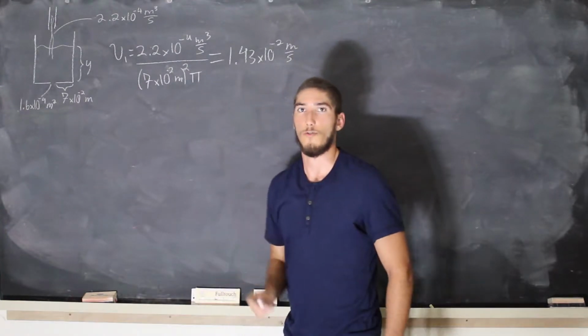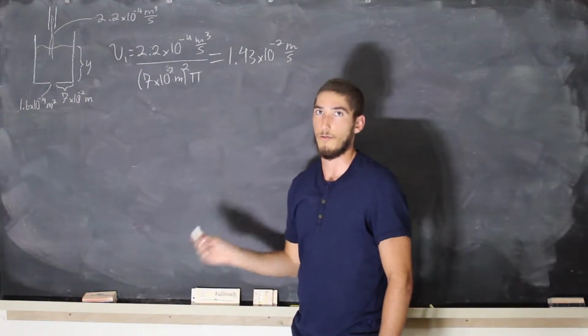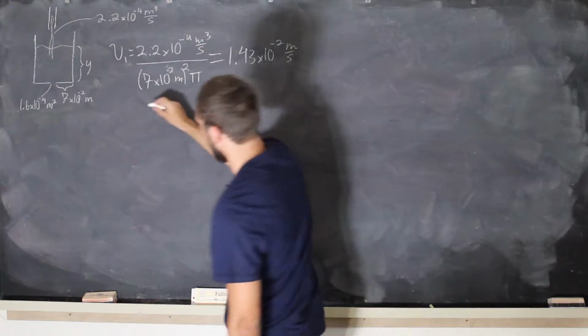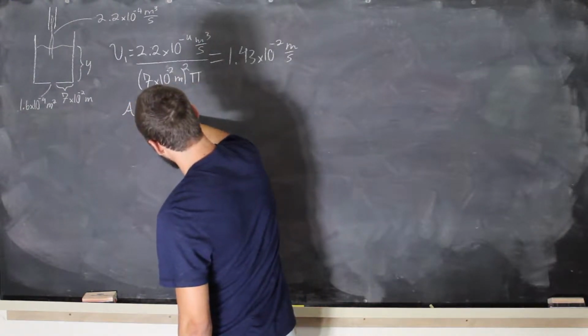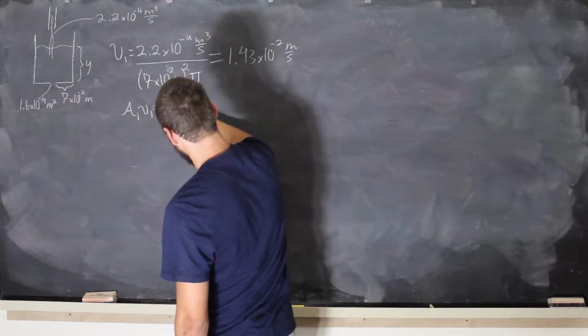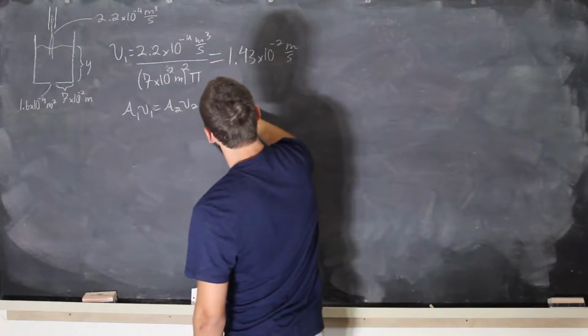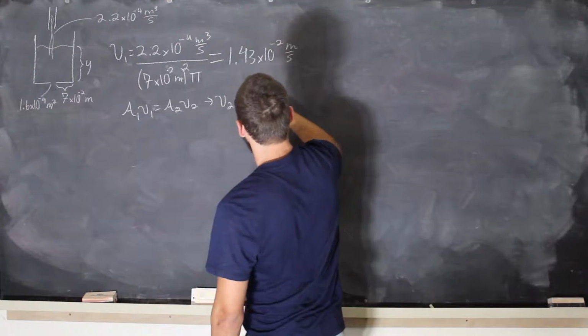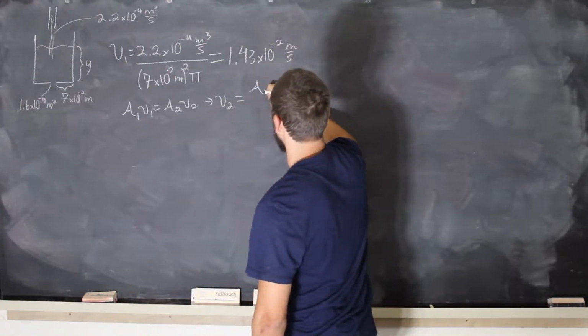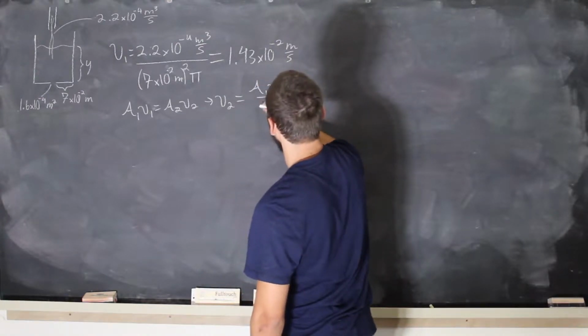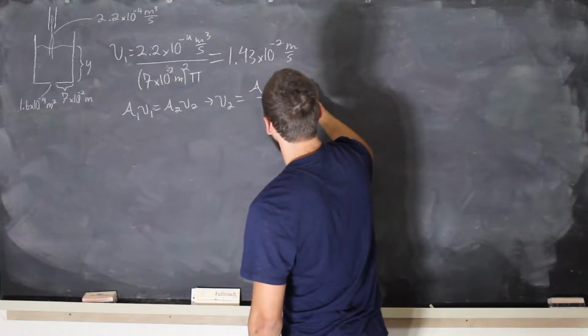And in order to solve for velocity 2, we're going to use the continuity equation, which states that area 1 times velocity 1 equals area 2 times velocity 2. So to solve for velocity 2, we're going to divide area 1 velocity 1 by area 2,